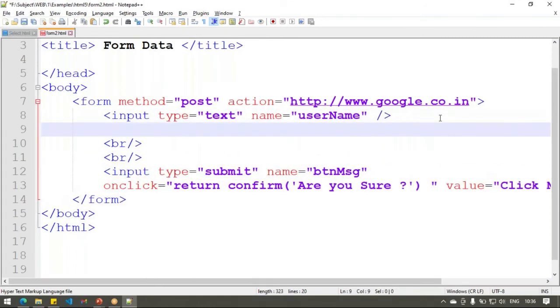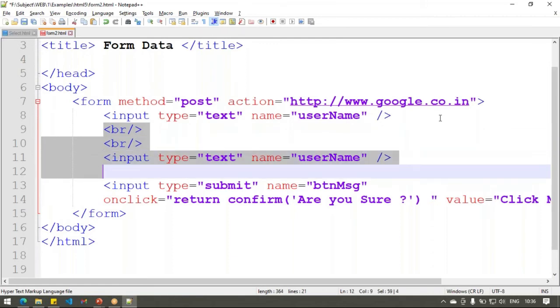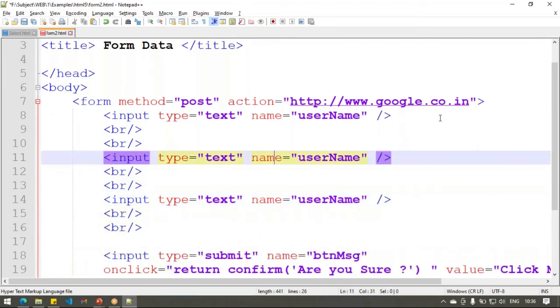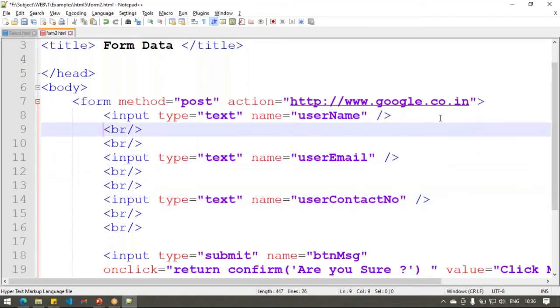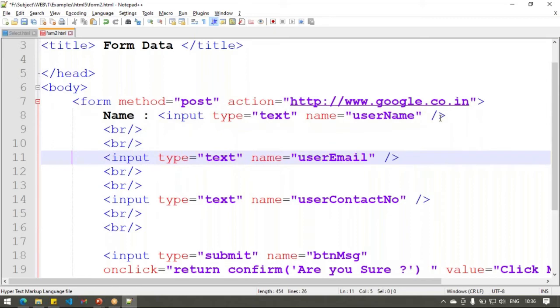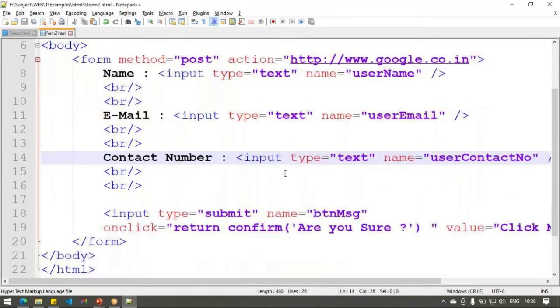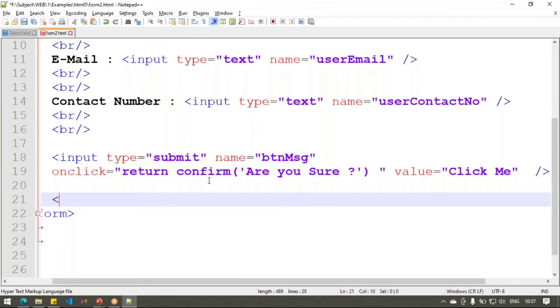Let's look at that thing. Okay, here I have the input tag as a submit button, and let's put another input type equal to reset.